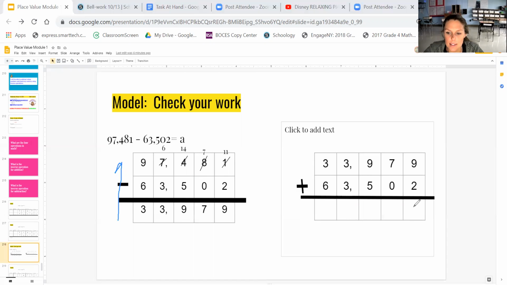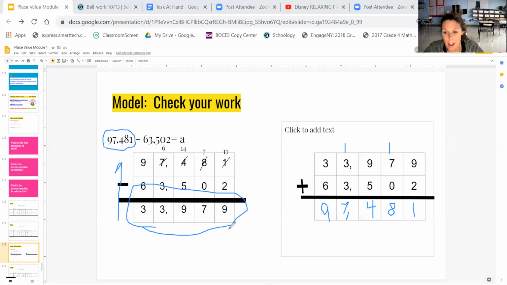9 plus 2 is 11. 7 plus 0 is 7, plus 1 is 8. 9 and 5 is 14. 3 and 3 is 6, plus 1 is 7. 6 and 3 is 9. So let's see if this matches up with my minuend, 97,481, which means my answer for A is truly